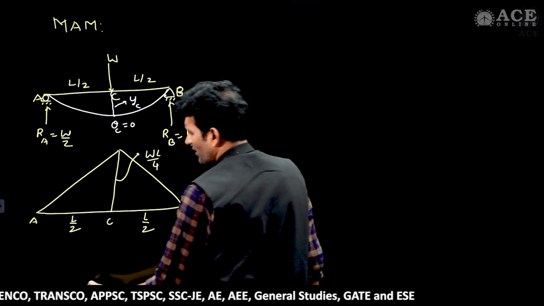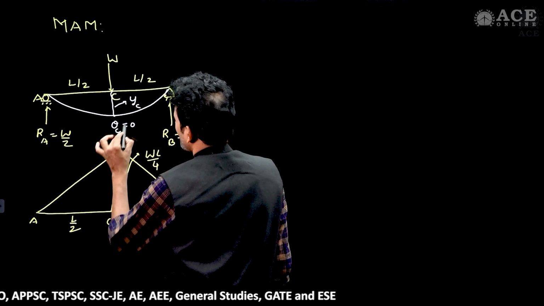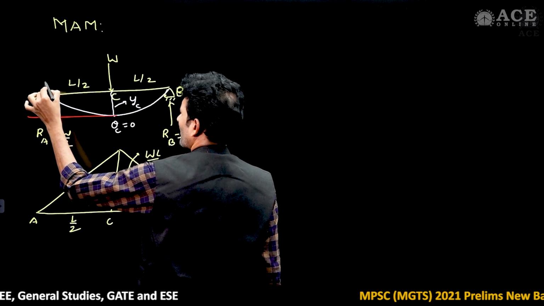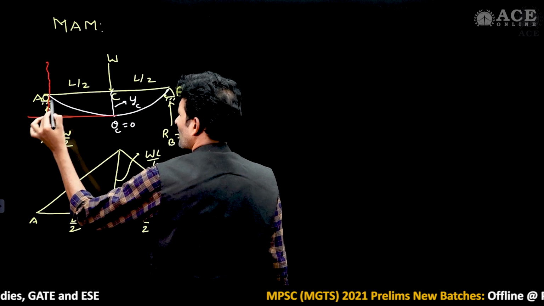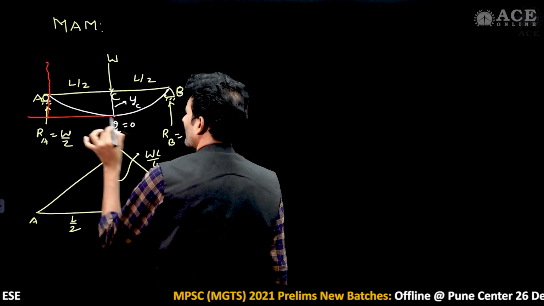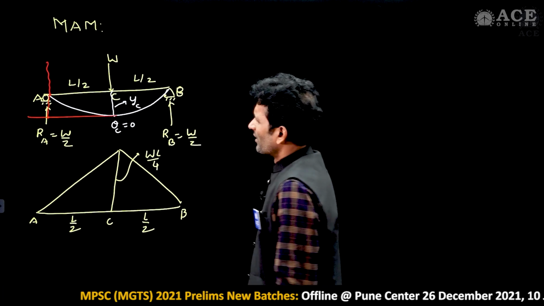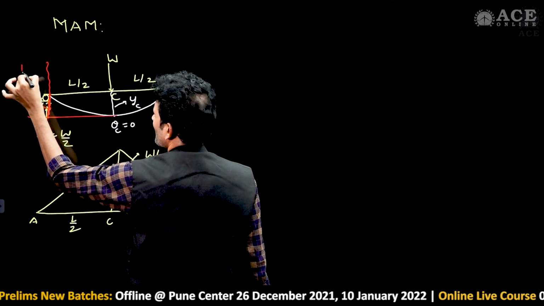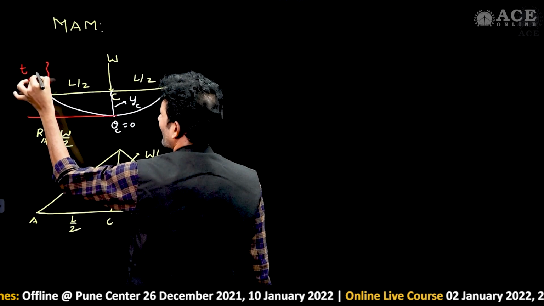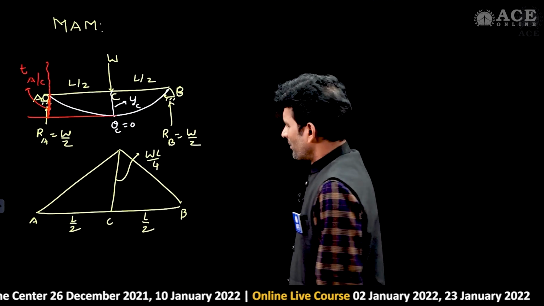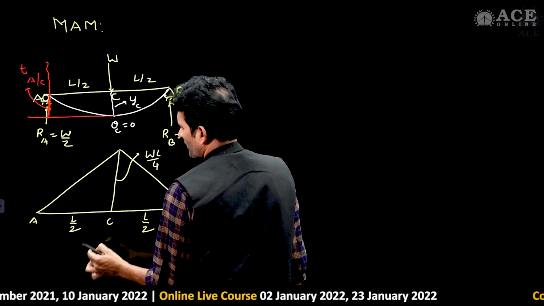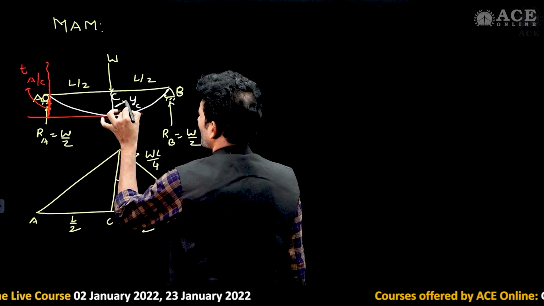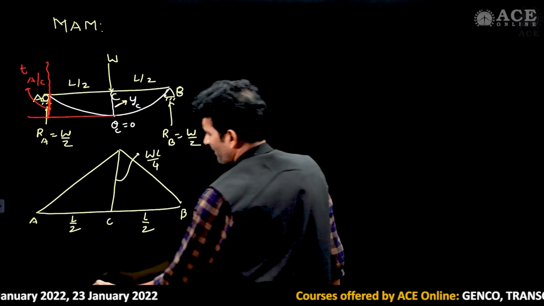Now let us take the tangent from point C. When I take the tangent from point C, see the tangential deviation of point A with respect to the tangent at point C. Now look here, this line is giving the tangential deviation of point A with respect to point C. But if you observe, this is exactly equal to YC in this case. Is it right or not? Exactly.